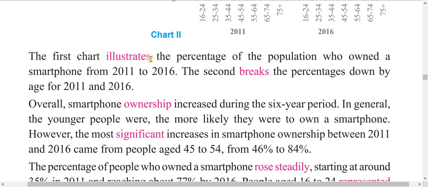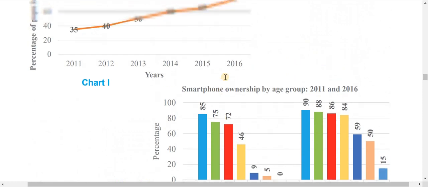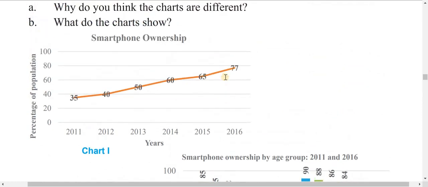पहिलो चार्टले के देखाउँछ स्पष्टसँग इक्जाम्पल सहित के देखाउँछ भने पपुलेसन जनसङ्ख्या जसले स्मार्टफोन प्रयोग गरे 2011 to 2016 सम्ममा स्मार्टफोन प्रयोग गर्ने जनसङ्ख्या स्मार्टफोन भएको जनसङ्ख्यालाई देखाउँछ पपुलेसनलाई देखाउँछ।